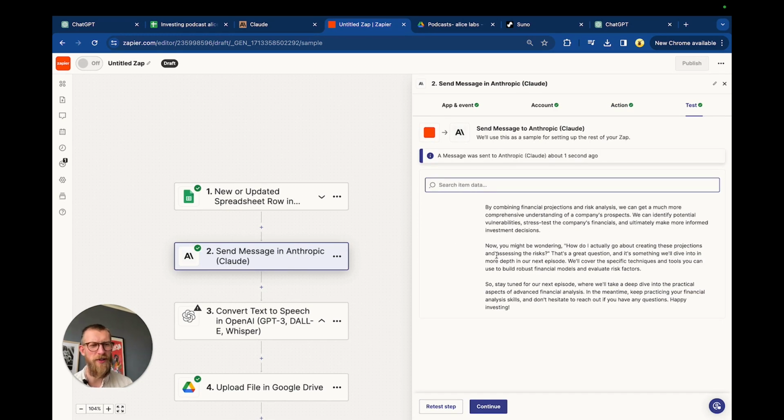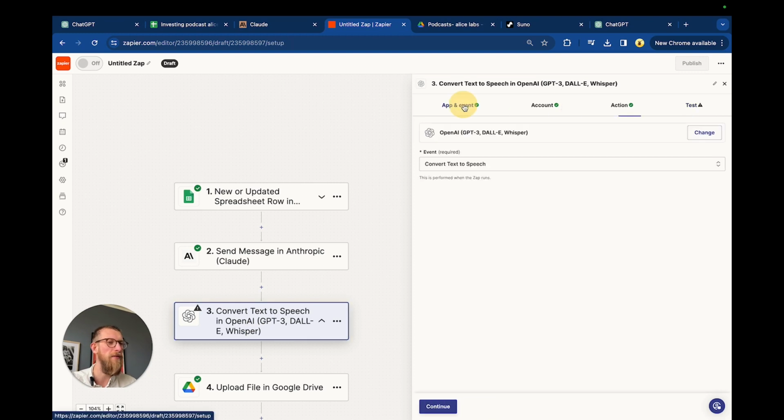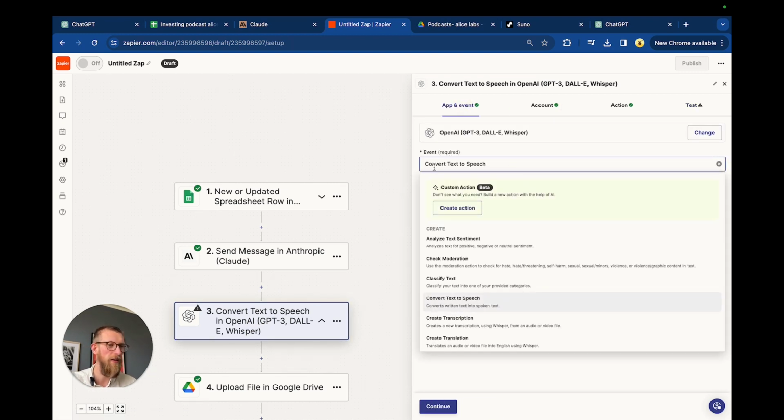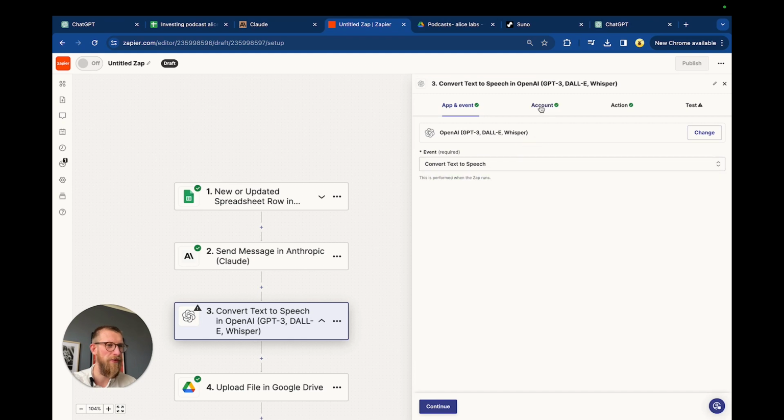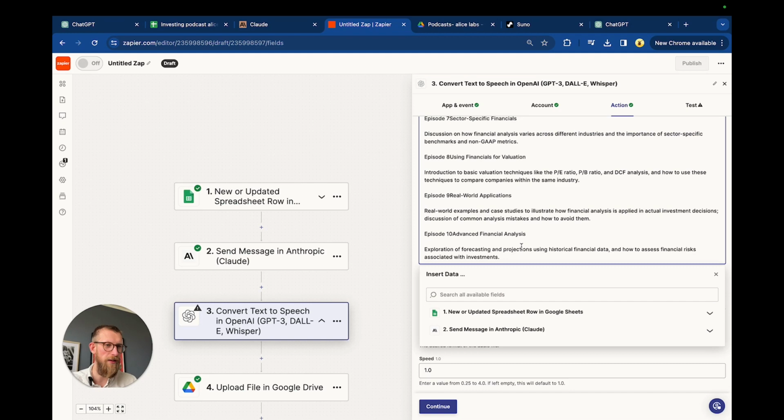Now we need to output this text and convert it into a voice. So we do this by adding another step, which is going to be an OpenAI step. You can use 11 Labs as well, but the ChatGPT ones are actually a lot better than 11 Labs now. So I've added a ChatGPT or an OpenAI step, and in here, go ahead and choose the event, convert text to speech. Then choose your account, and here we need to